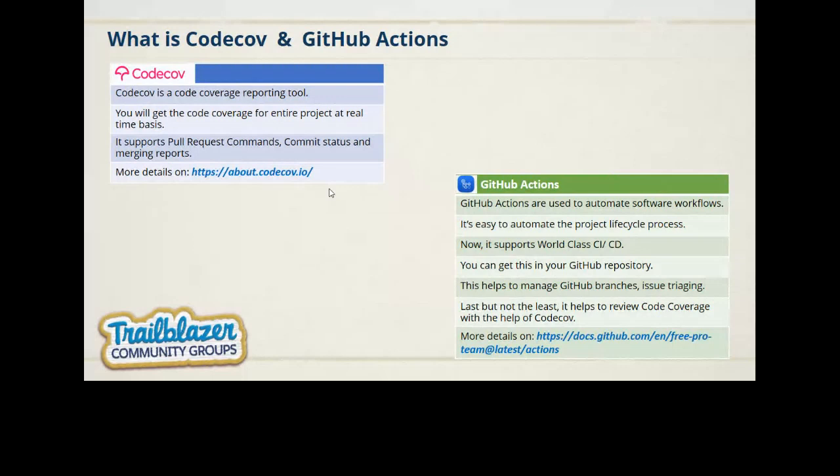So instead of that, you can find out from your GitHub branch. Let's say you have created two branches, one for Sales Cloud and another for Service Cloud. One branch contains all the Sales Cloud related code along with the test classes. So for this branch, what is the code coverage? You will easily get to know with the help of CodeCov.